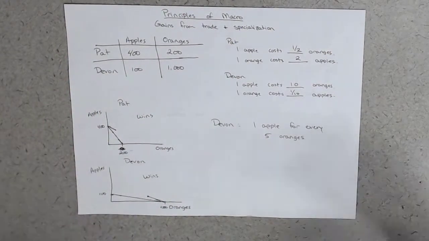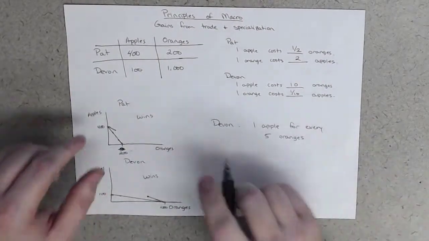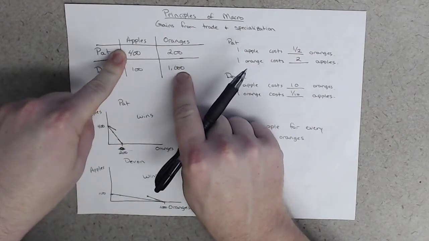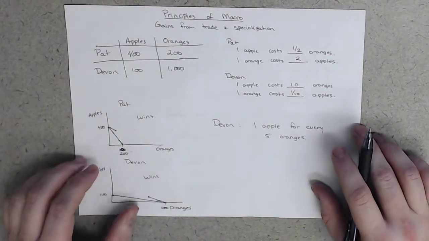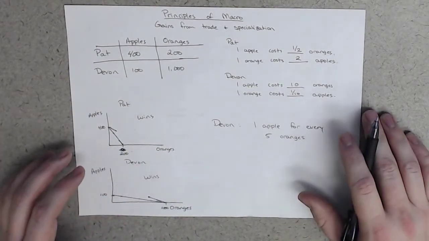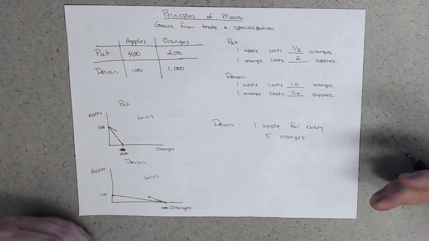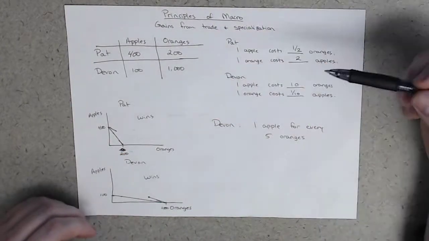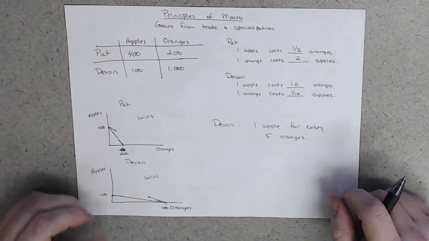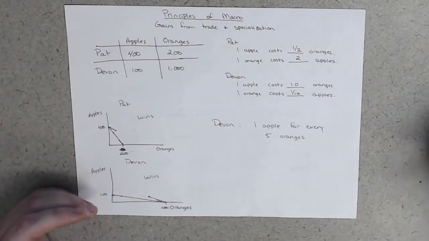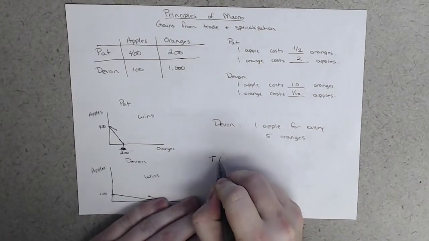And so what we have is a situation where both Pat and Devin can specialize in what they're producing and consume more of both apples and oranges than they could by themselves, which is a truly remarkable and amazing thing if you think about it. By specializing in the thing that they have a comparative advantage in and trading with one another, everyone gets to have more. So if you've heard that phrase, team, or that acronym TEAM,